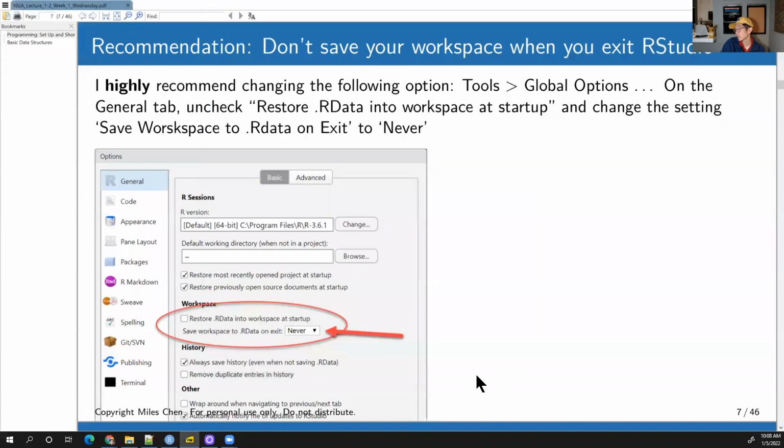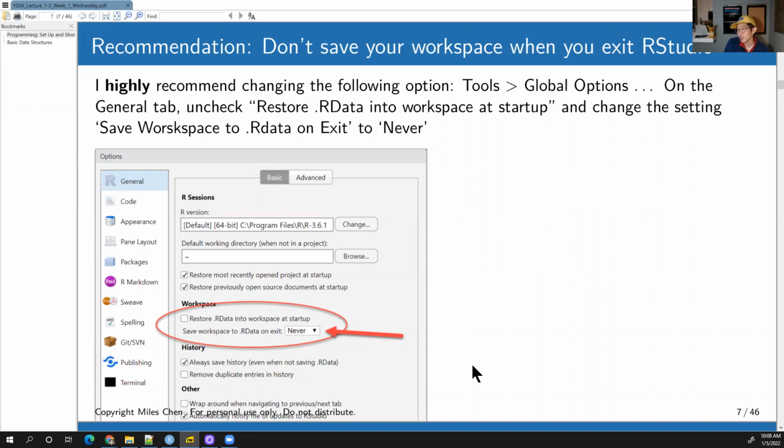That's my recommendation. Okay. Because what happens is you'll be working, and if you save your workspace, it'll save all of your stuff, and then when you open it up, it's all there again, and you go, oh, this is great. It's just kind of like picking up right where I left off. Well,